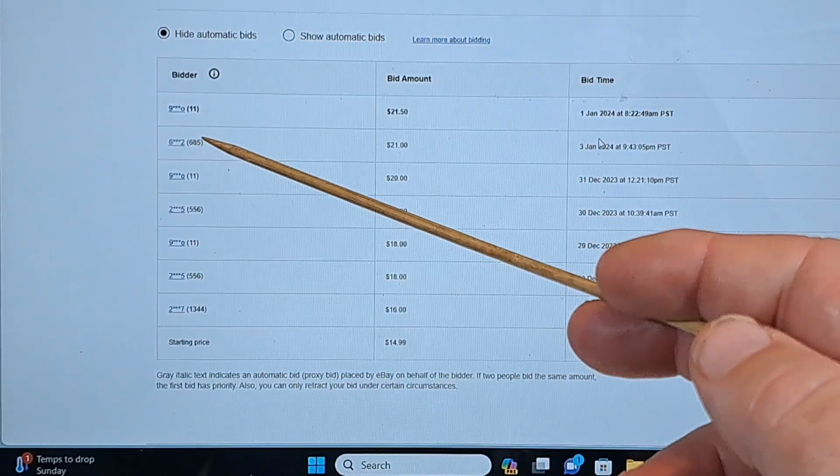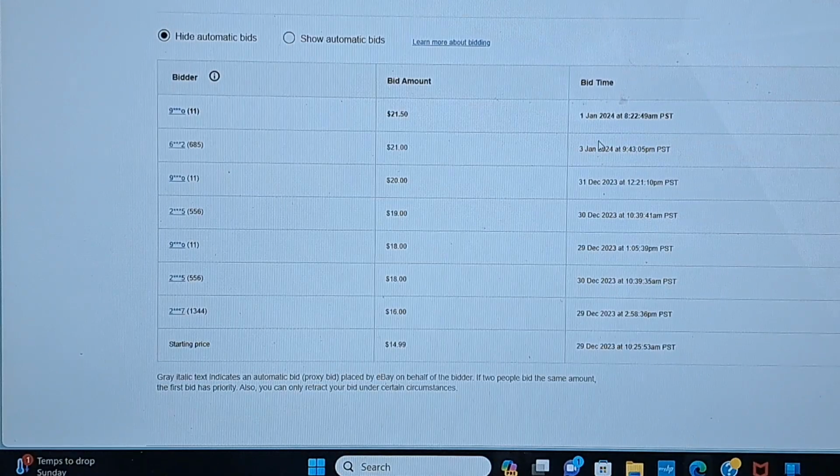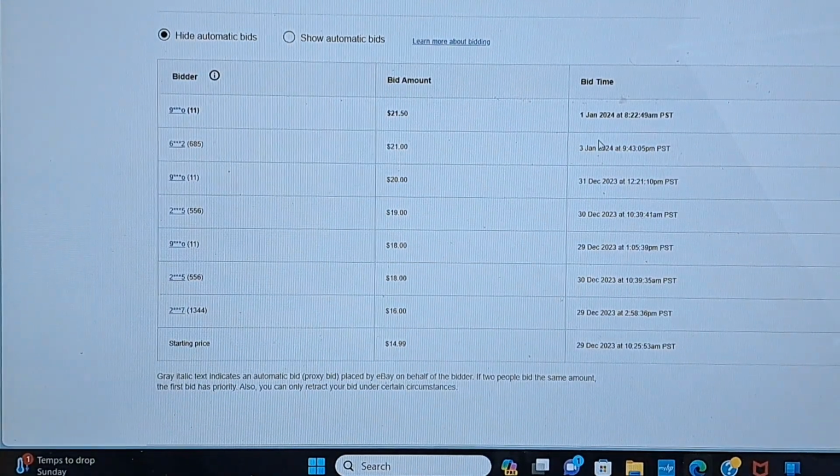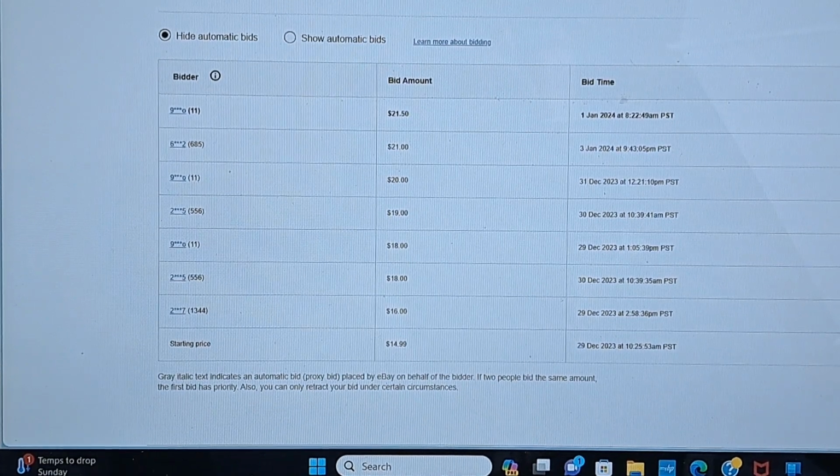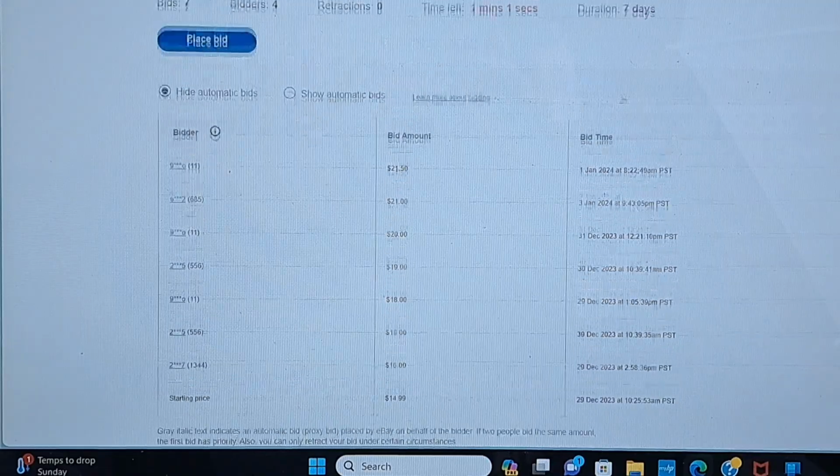So that is the guy you're probably going to have to beat. But he's only been going up $1 to get the bid. And so that tells me a lot of information about the bid. What I'll do is I'll wait till this thing is almost over, where you have like 30 seconds left. Right here, you see 55 seconds left. I would put in a bid